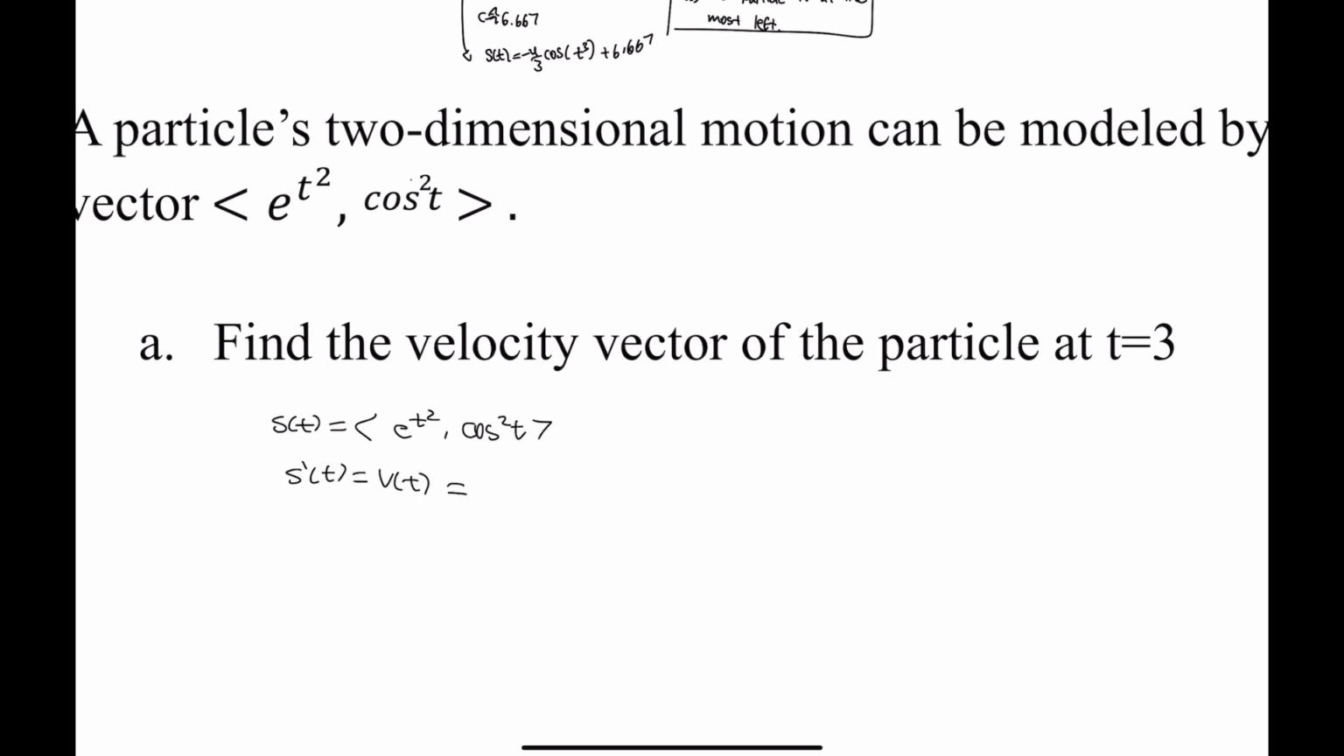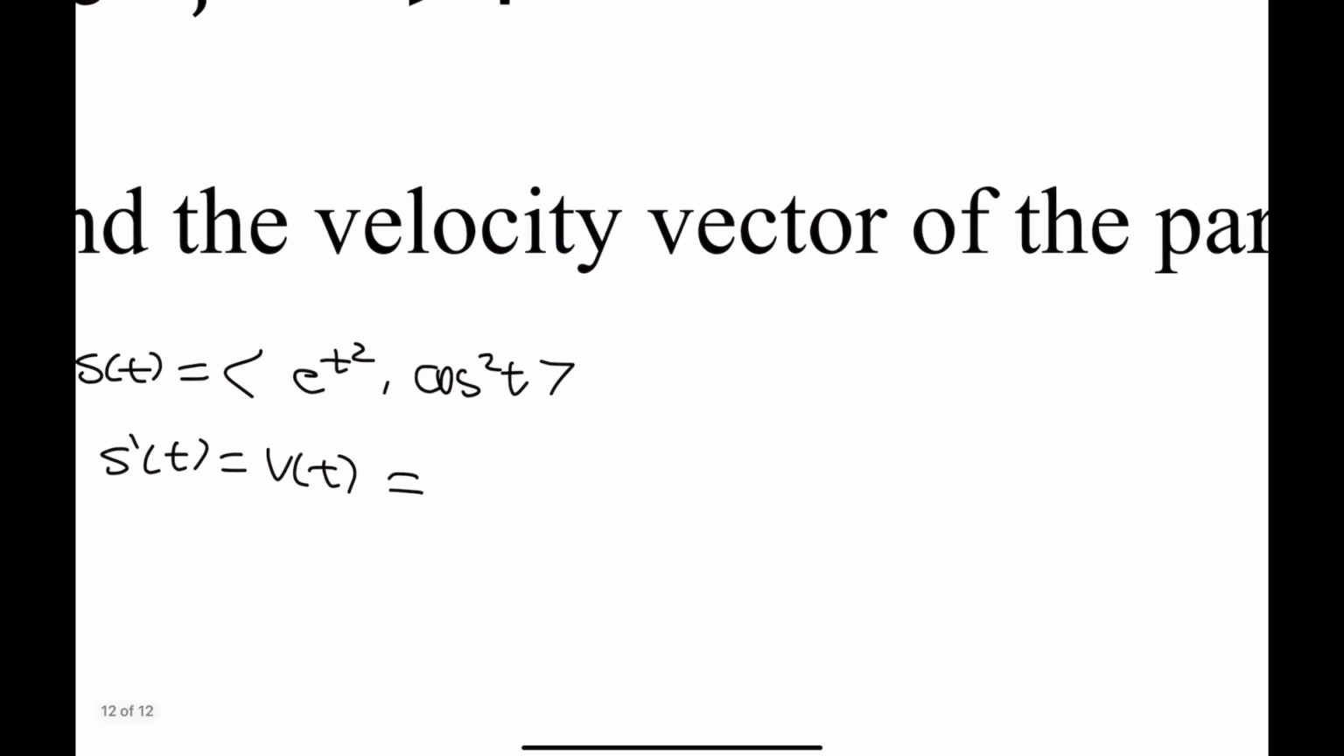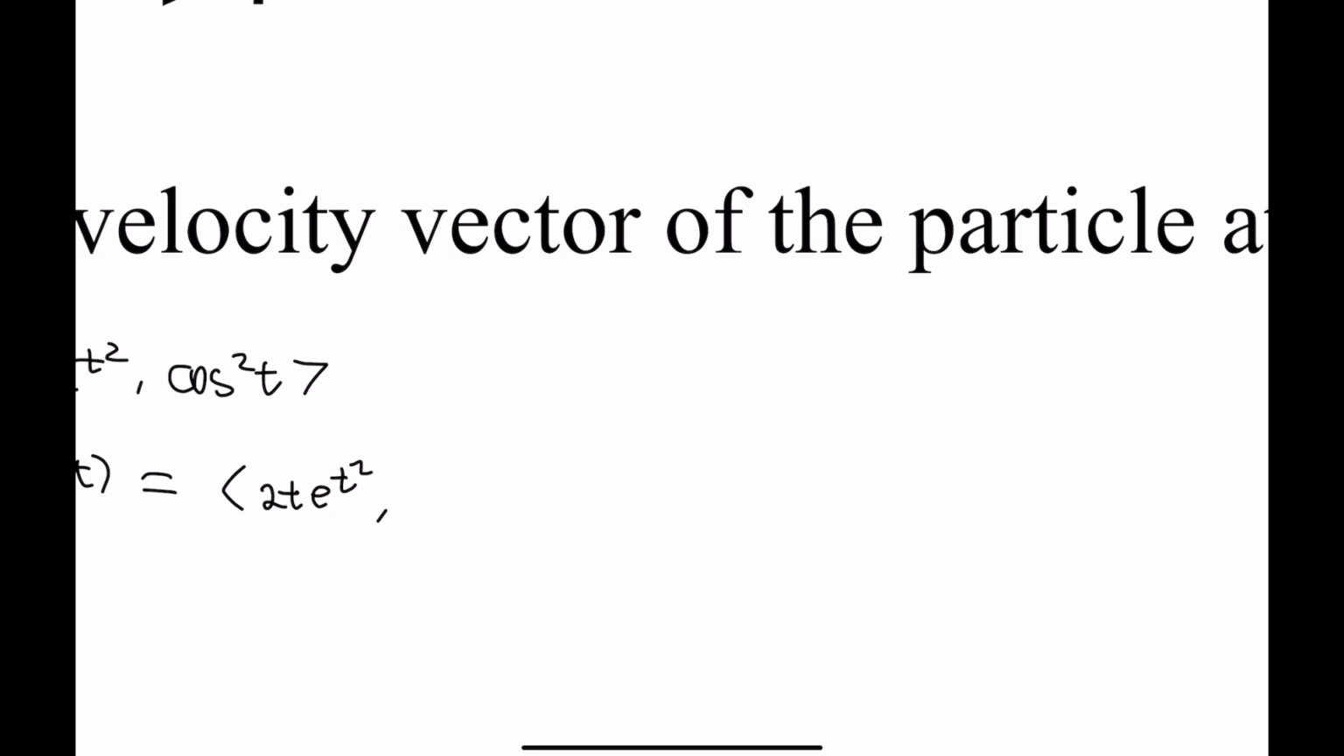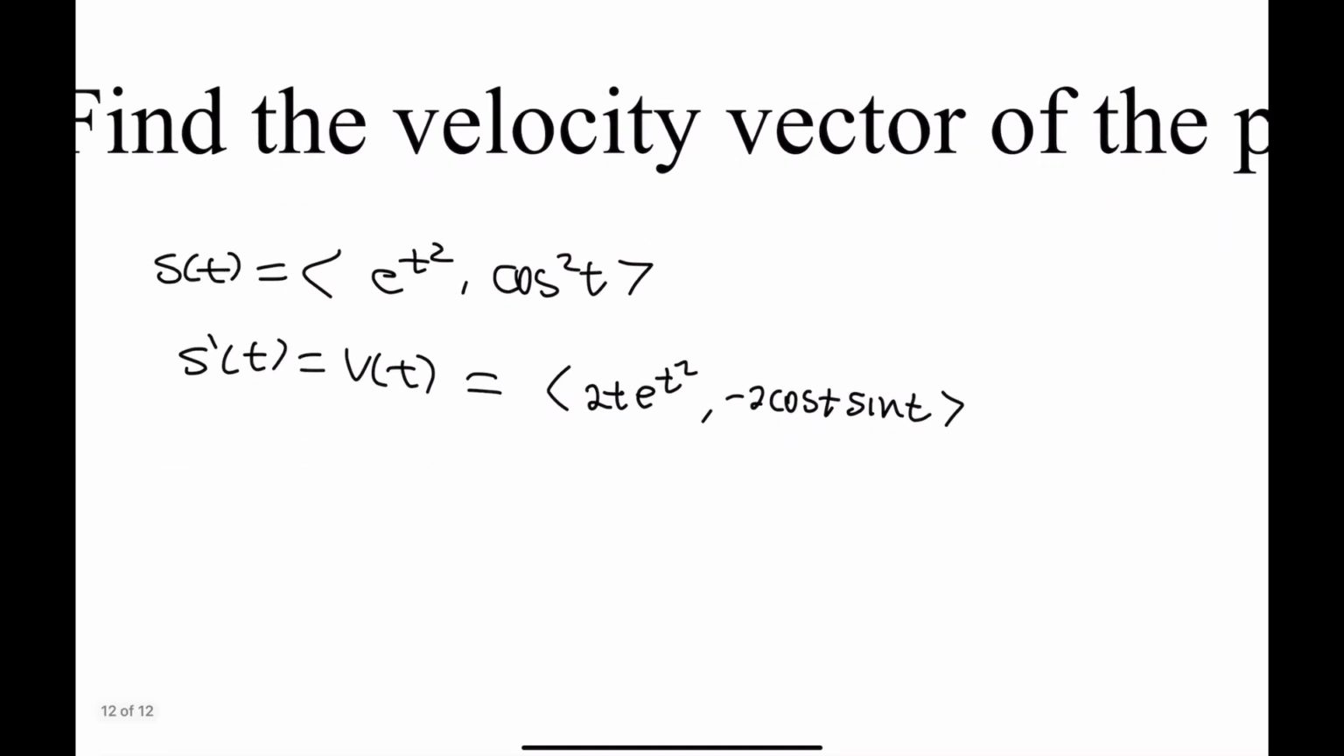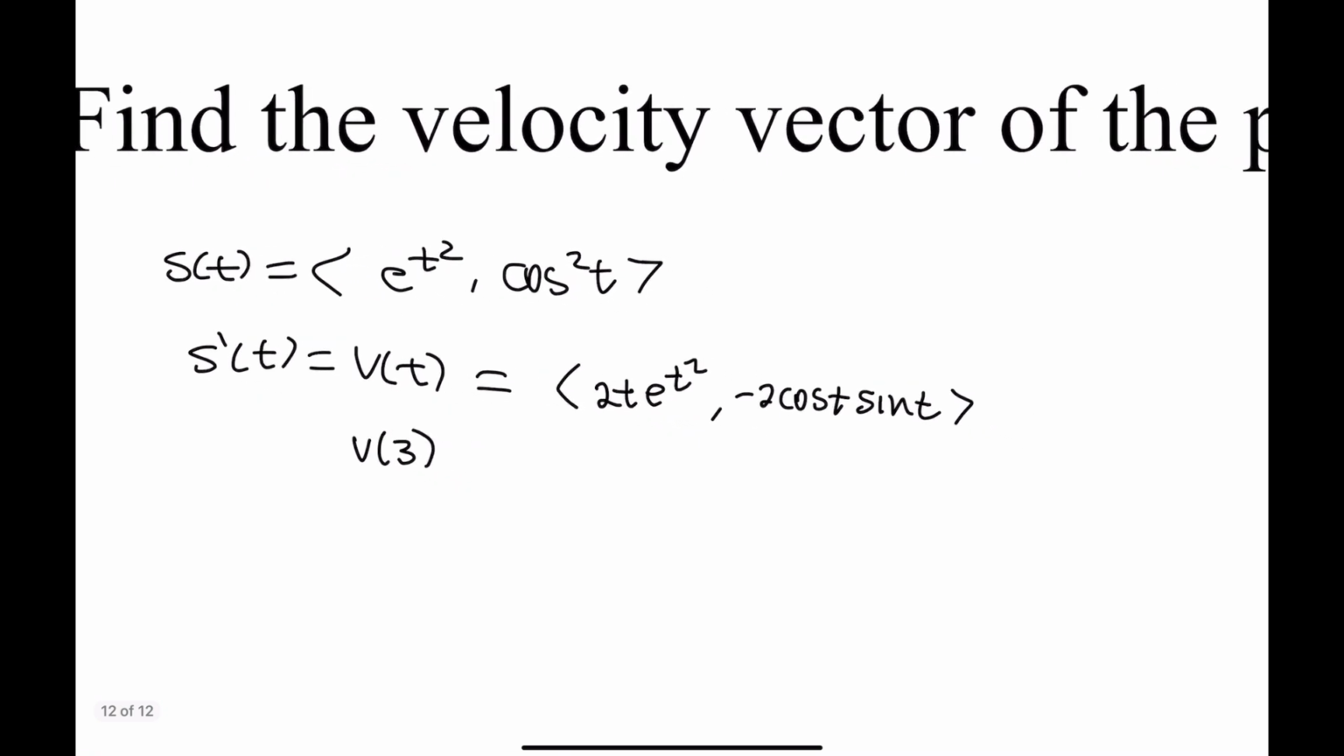which means we're taking the derivative, so e to the t squared derivative is 2t e to the t squared, and then cosine t would be 2 cosine t, and then sine t negative. So this would be the velocity vector. And then at 3, you can plug this back in. So 2 times 3 times e to the power of 9, which is around,